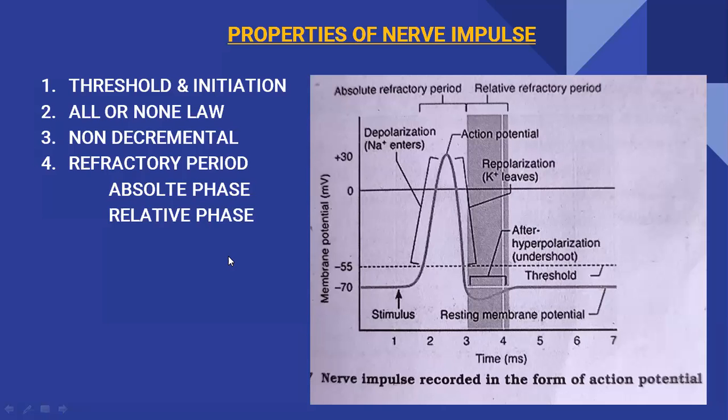So this is about refractory period and properties of action potential. And coming to the importance of this action potential, it is very, very important for the functioning of neurons or the total nervous system. It is due to the movement of sodiums inside, potassiums outside, and again sodiums outside, potassiums inside. Due to these movements only, the nervous system is able to do all these things.